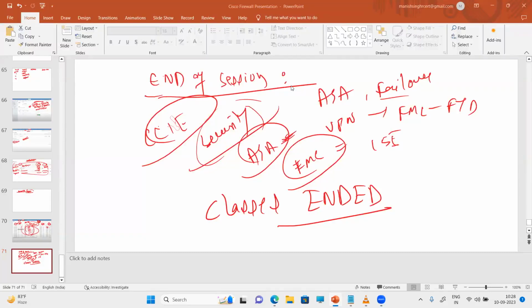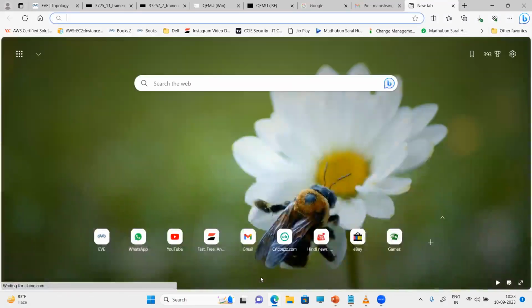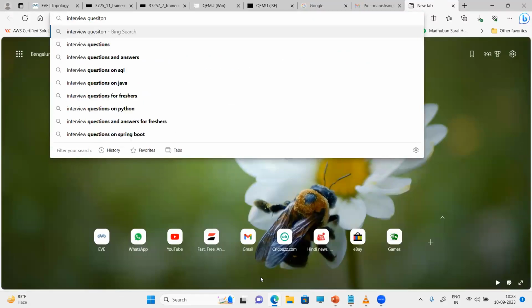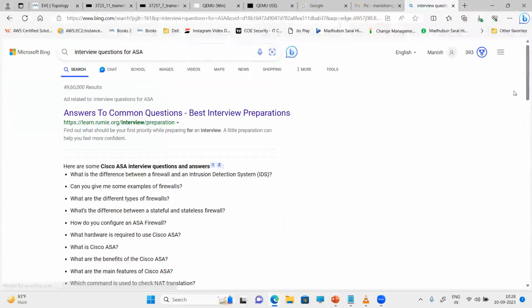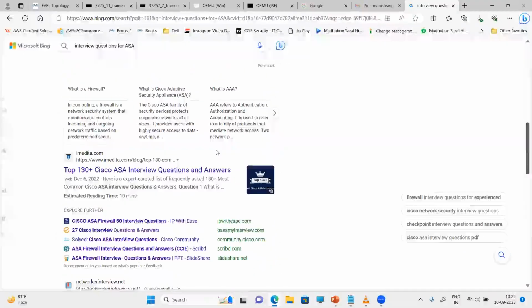हाँ जी। देखो, मैं आपको बेसिक्स बताता हूँ। कोई भी इंटरव्यू हो, मैं दो चीजें बताता हूँ। चुपचाप सीधे गूगल पे आना और वहां डाल देना इंटरव्यू क्वेश्चंस फॉर एएसए, वाटएवर। इससे आपको कम से कम, एएसए फायरवॉल, बहुत सारे लिंक खुल जाते हैं।